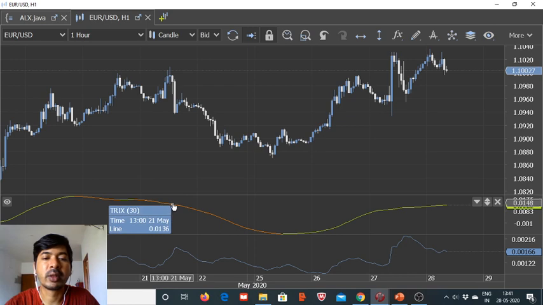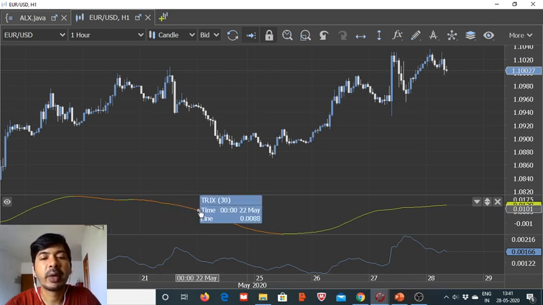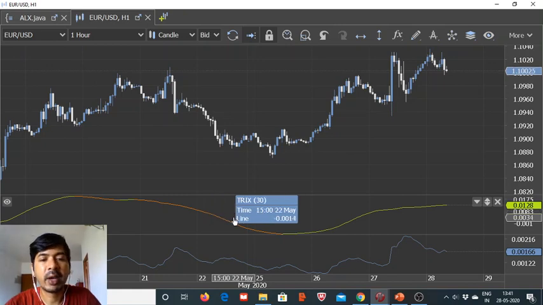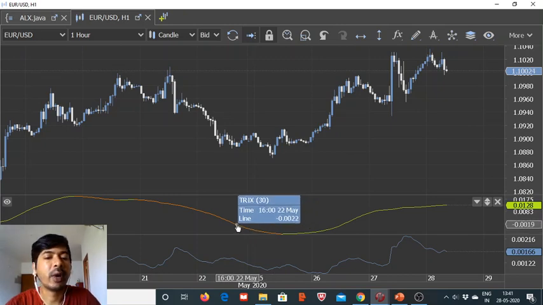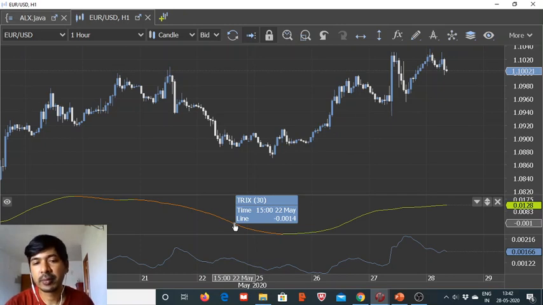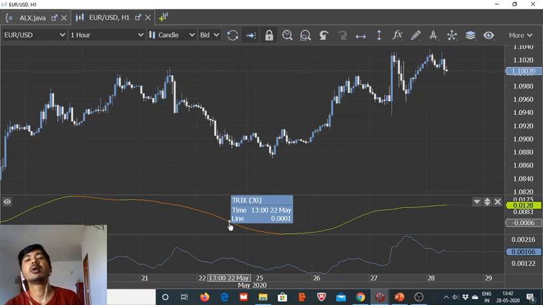And similarly for the sale trade, we will be comparing the last hour's TRIX value, and it should be less and it should be in the negative territory than the value 4 hours back. Actually, we are utilizing a combination of last hour and then 4 hours back, with the difference between both the candle being 3 hours, and even that value should have been in negative territory. So with that, we will